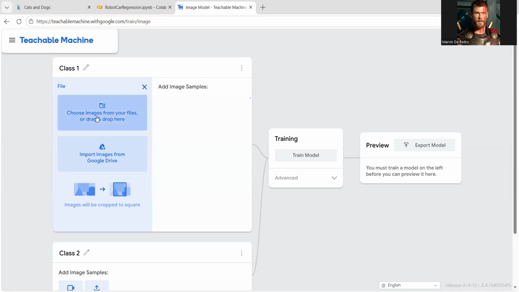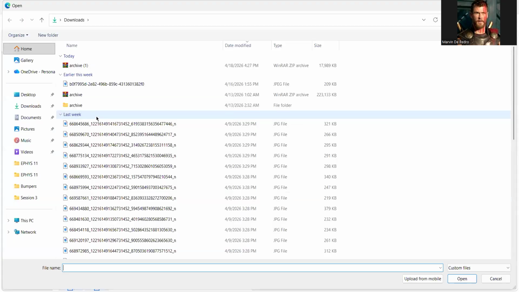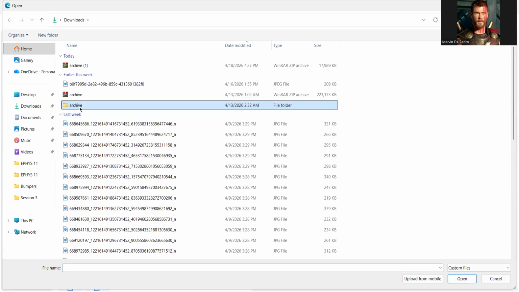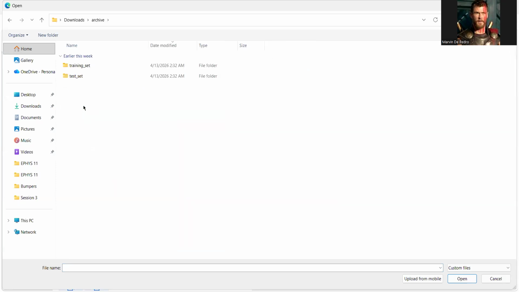I'm going to choose the data set. I think this one was my example. So we have the training set. I hope you can see this one. What I'm doing right now is looking for my data.